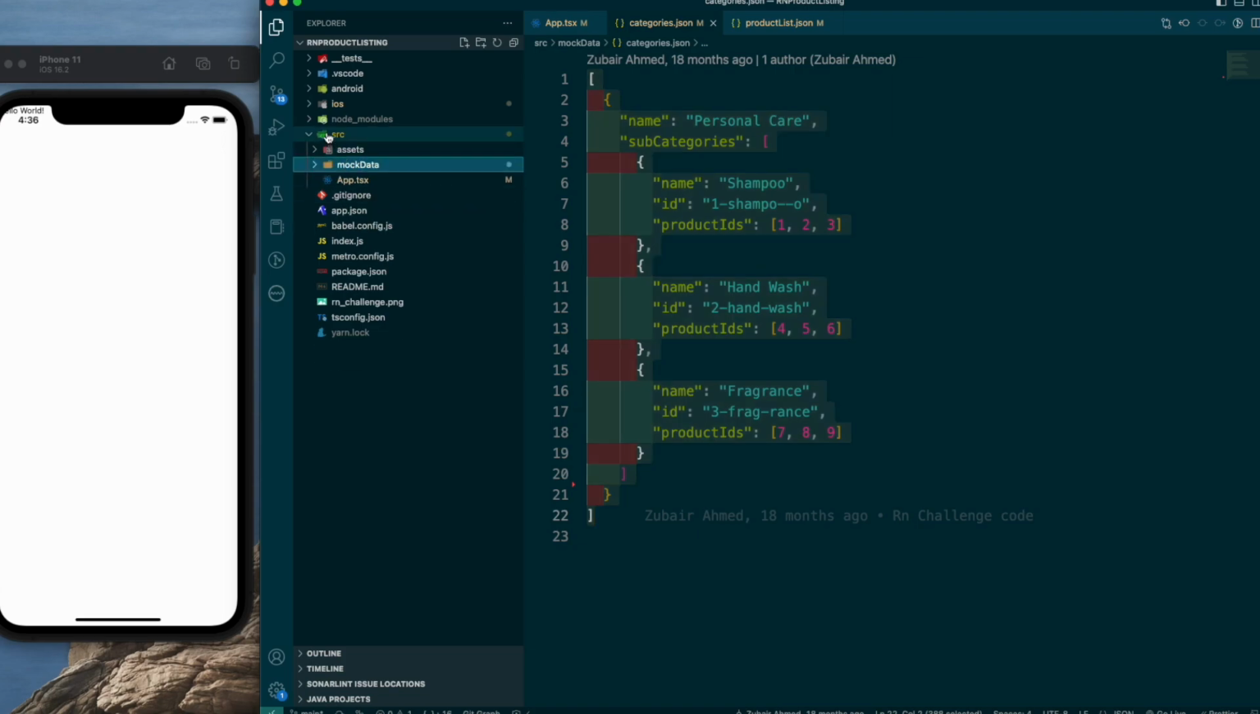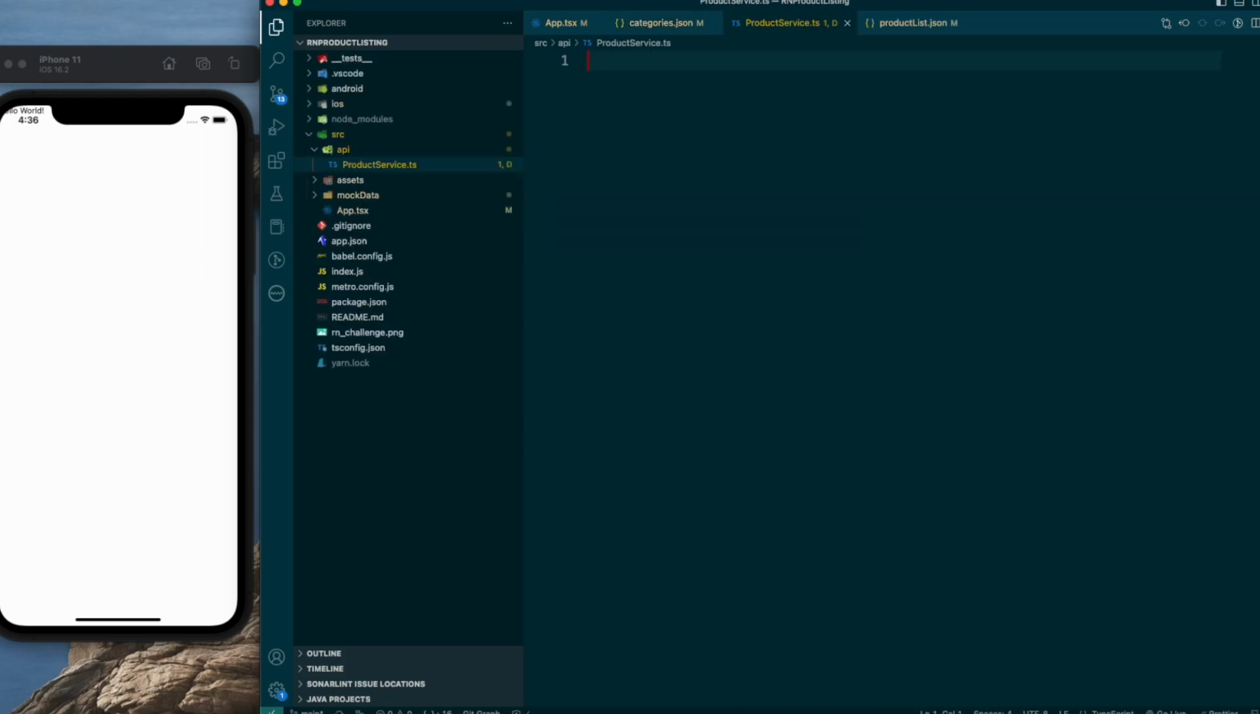So let's create a folder in source which is called API, let's say, and inside that API, first thing first, we would create a file which is called product service. So this is also a good practice that if you create the service file separately, so what you can do in the future, you can manage all the application level state like Redux or maybe MobX that you are using